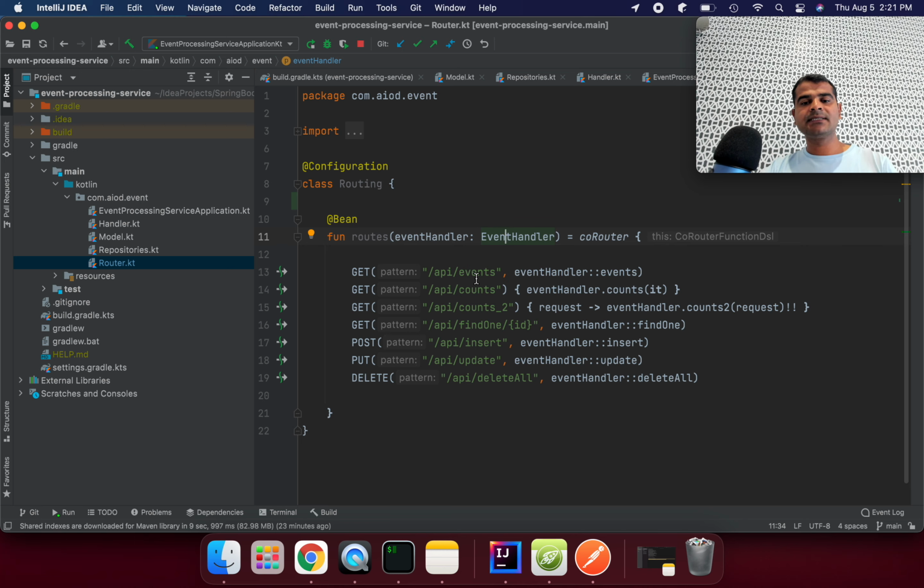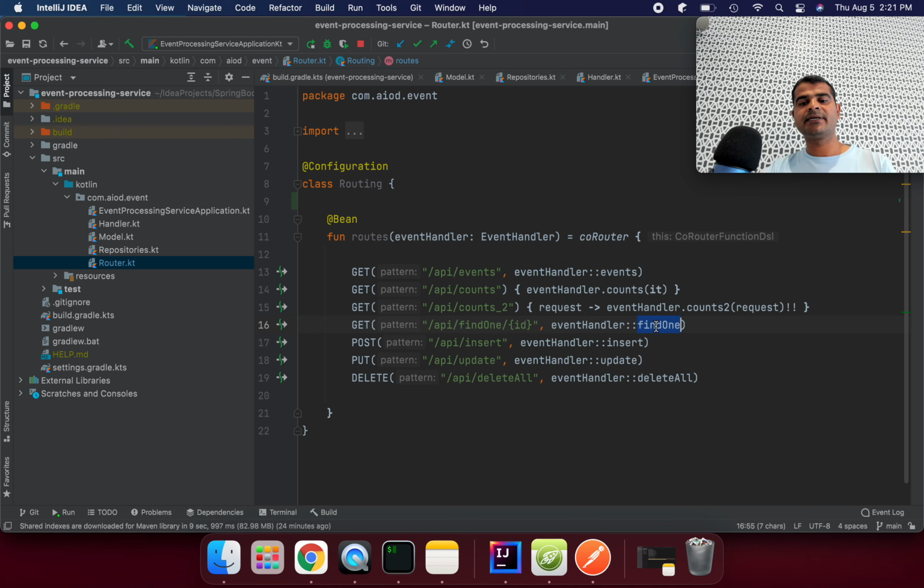So here we can see we have endpoints like API events, like suppose how many events we have stored if you want to get it, and how many event counts, right, basically. And here I am using some counts to show how you can use the blocking way, and I'm trying to find by ID, right?